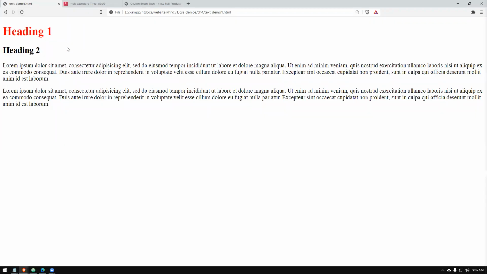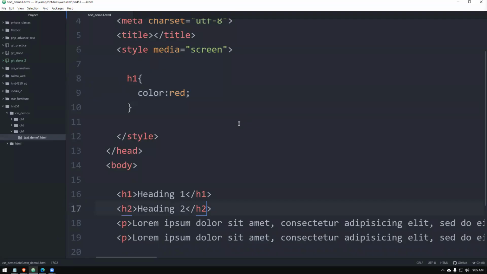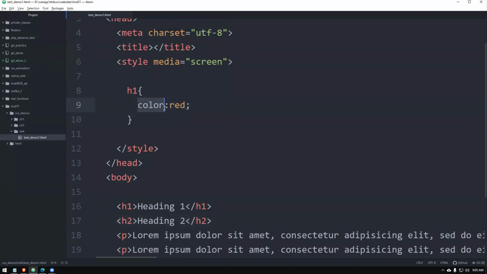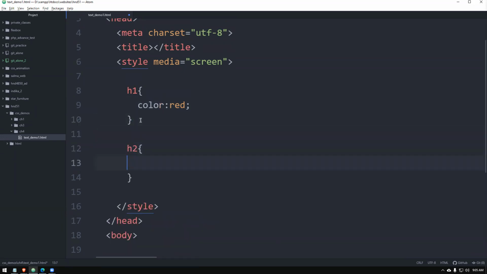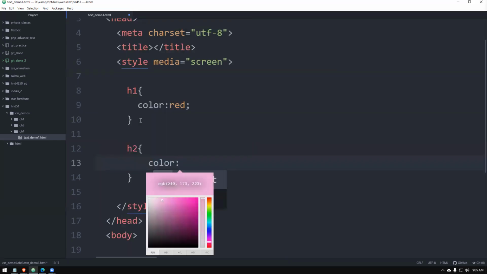So heading 1 has turned red. Okay, right. So this is the property that we are learning, how to change the color, right? So you can apply the settings for other parts as well, right? For example, H2. So you can again use the color.